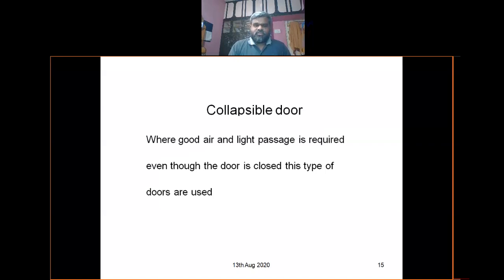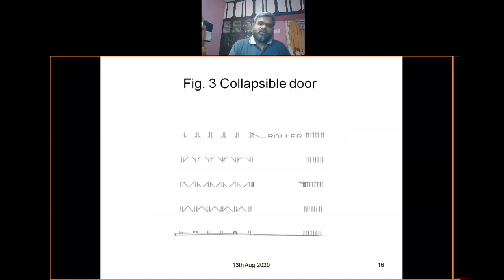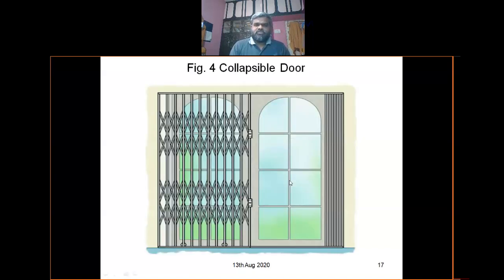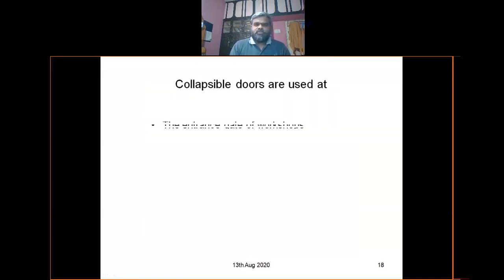And next one is collapsible doors. Collapsible doors are used where good air and light passage is required, even though the door is closed. This is the diagram of a collapsible door, with rollers and handles, etc. This is a collapsible door. Collapsible doors are used at